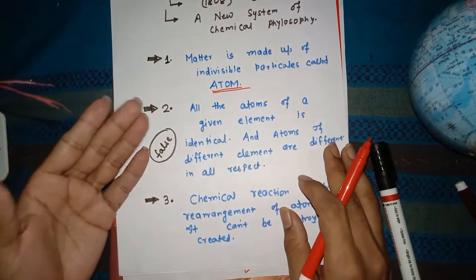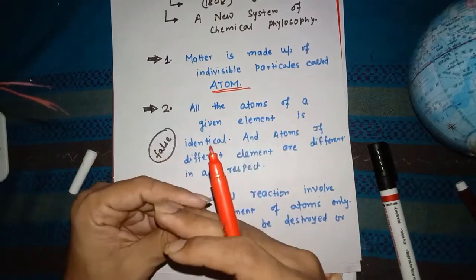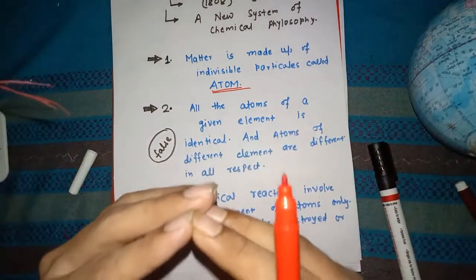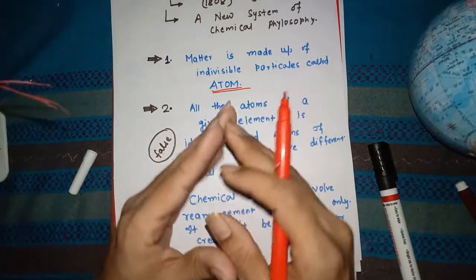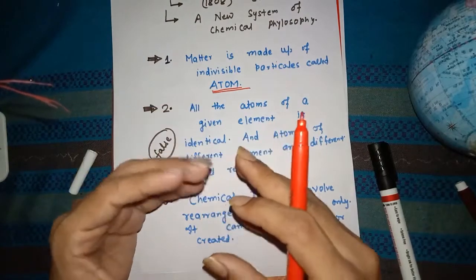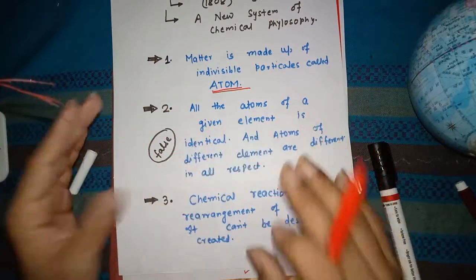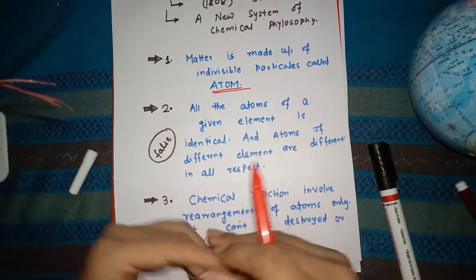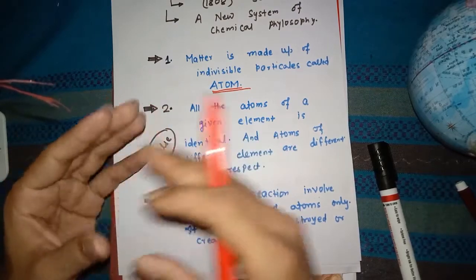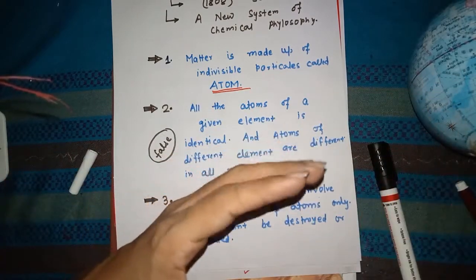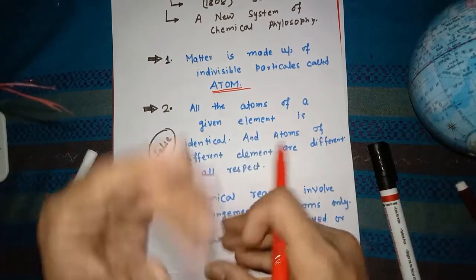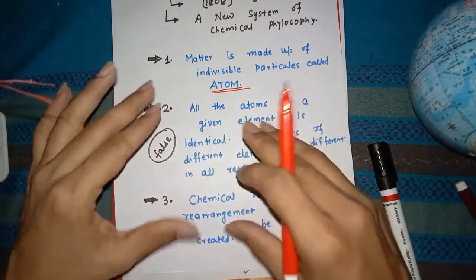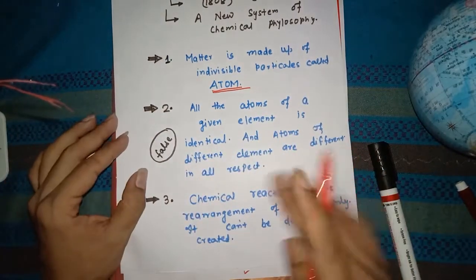So if you take sodium, it has sodium atoms. All the sodium atoms have the same property, same mass, same shape and size. Every property of all the atoms of the same element is identical, and atoms of different elements are different. If you take an aluminum atom, its properties are different from the properties of sodium atoms. This is what the hypothesis says. But here I am writing that this is false,